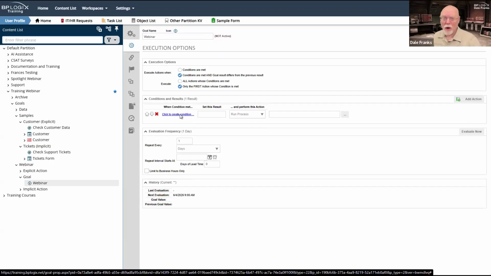And in fact, there may be some times when you don't. Maybe you just want to run a process on a scheduled basis. And that's fine. You can do that. You don't have to set a condition. I think that's probably the minority of the use cases for which you'll set up a goal. In most cases, you're probably going to want to do more than one thing, or at least have the option to do one thing.